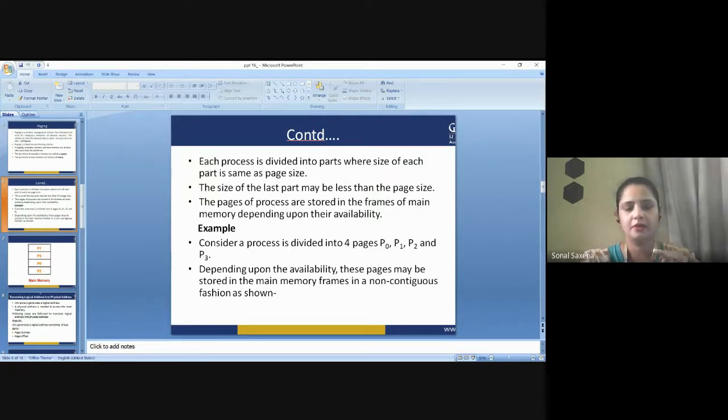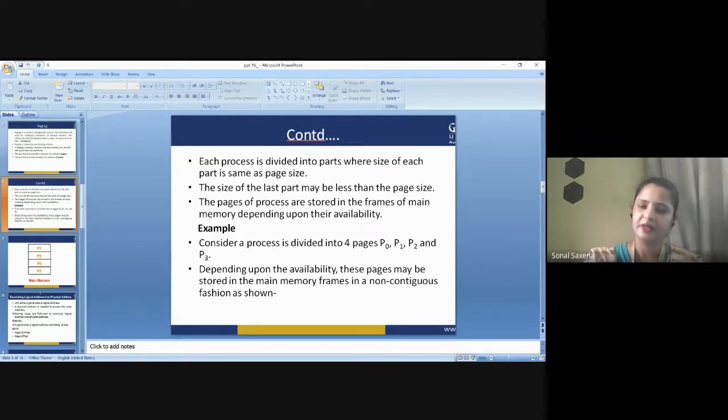Earlier, I told you the concept that the size of the frame, the size of the partitions of the main memory, should always be equal to the size of the pages, the partitions of the secondary memory. So they should be equal. Whenever you want to execute a process, the pages of the process which are saved in your secondary memory will be loaded inside the frames because they are of equal size. So there will be no contradictions among them.